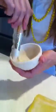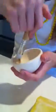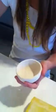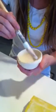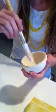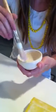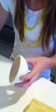Aiming to put your glaze on evenly is the number one thing that you want to think about when you're glazing your work, because if you put it on unevenly, it will fire unevenly and you'll have fat patches and thin patches and weird things going on. So make sure you try and put it on evenly. You're going to need to do more than one coat. Start with one and then you let it dry. Glaze will dry a lot quicker than paint, so you'll be able to do the next coat a lot quicker anyway. So I'm just going to do this clear